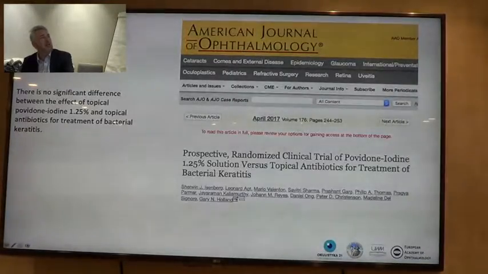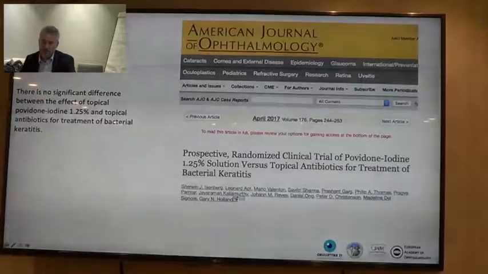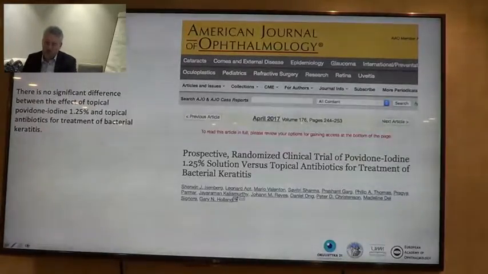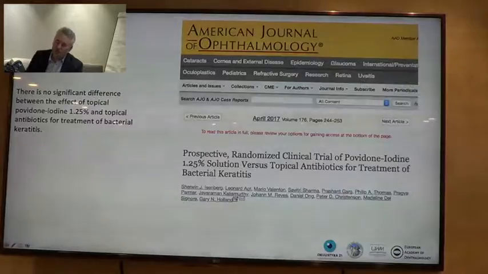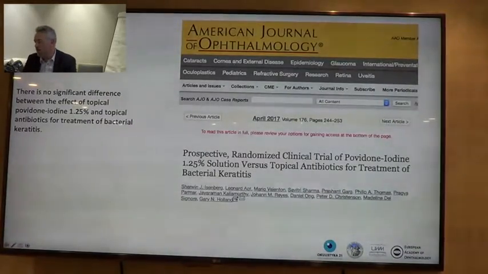And then I would like to show you another recent study, published last year in the American Journal of Ophthalmology. They compared the effectiveness of povidone iodine 0.25%, so as you see a lower concentration than the 5% that we usually use, to topical antibiotics for treatment of bacterial keratitis. It's very interesting, and they showed that there was a similar effectiveness. So it shows the future for povidone iodine use, that it can be used not only in prevention but also in the treatment of some infections.